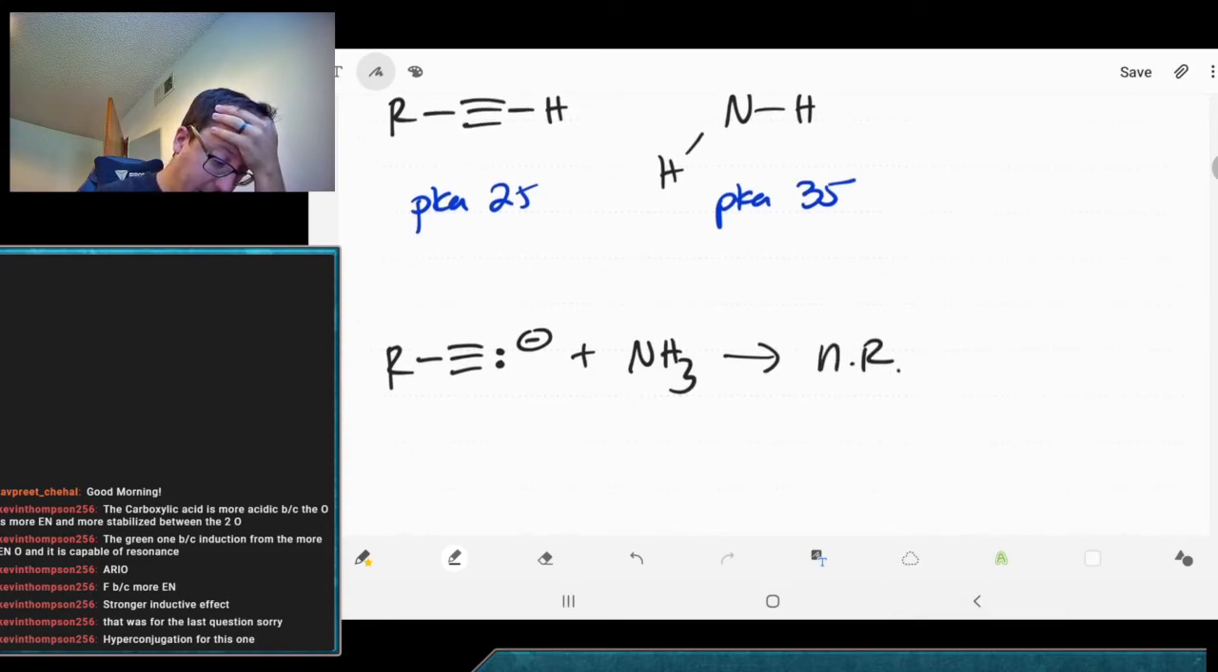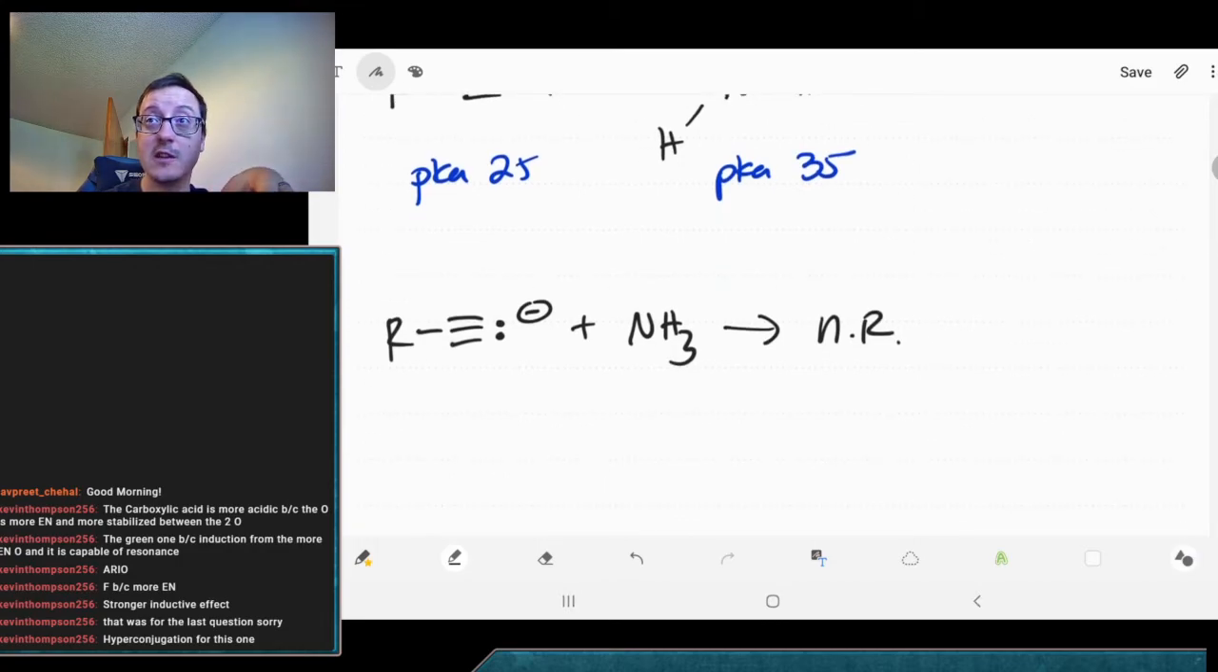We're essentially going to see no reaction going this way. We're looking at a difference of 10 to the 10, right? But if we were to do this,